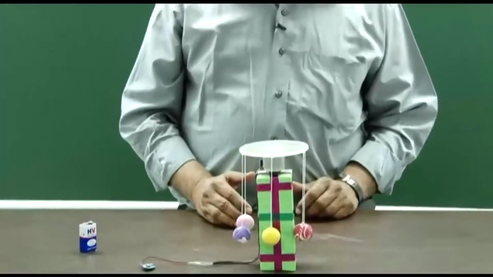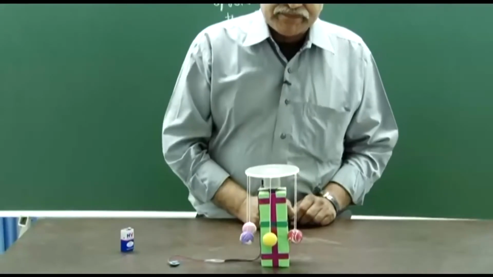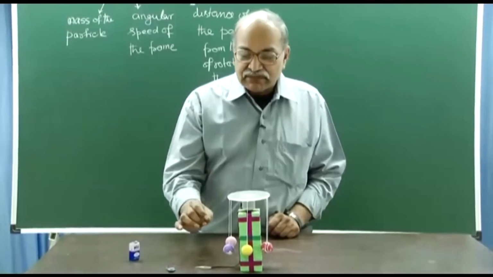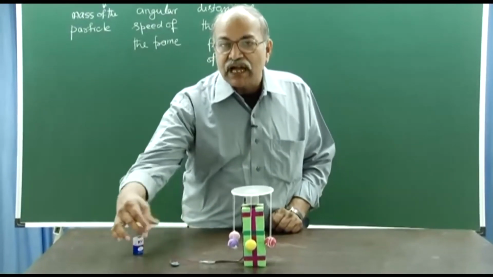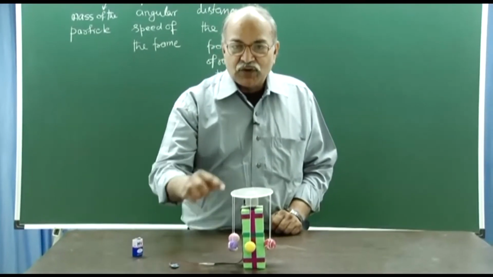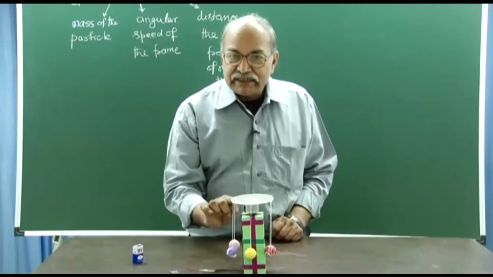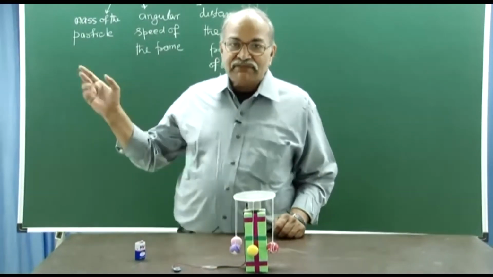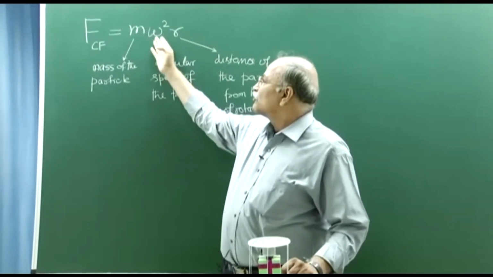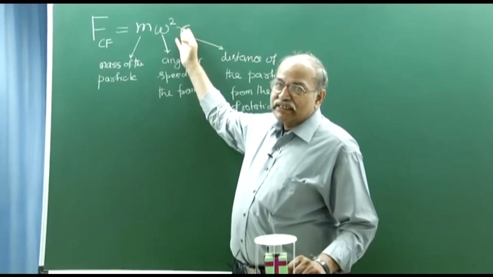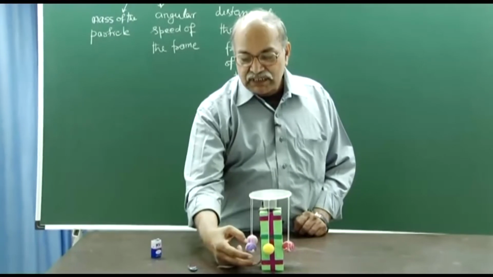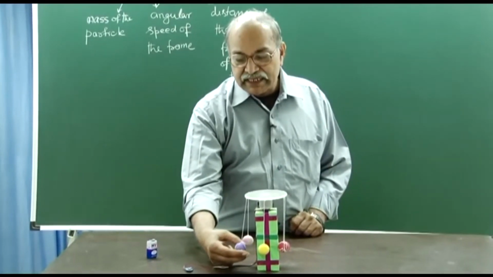So, what happens if the disc rotates with some angular velocity omega, then in the disc frame you have a centrifugal force which is outward, away from the center. Mass of the ball, omega of the disc squared, and then the distance from the axis. You have that centrifugal term expression here, m into omega square into r. So, this force acts away from the axis on each of the ball. So, if the ball goes in this direction,